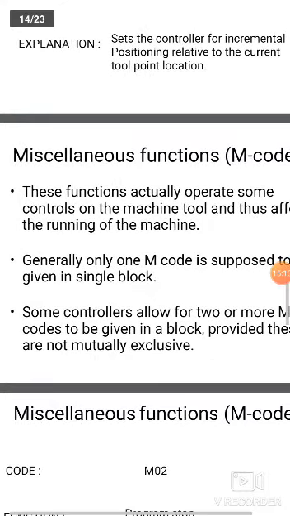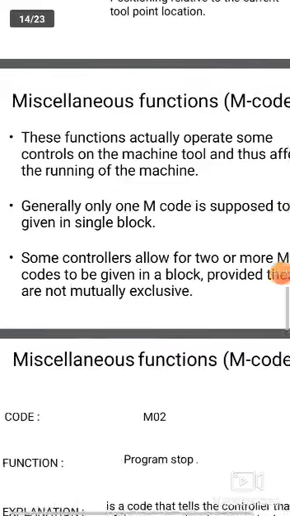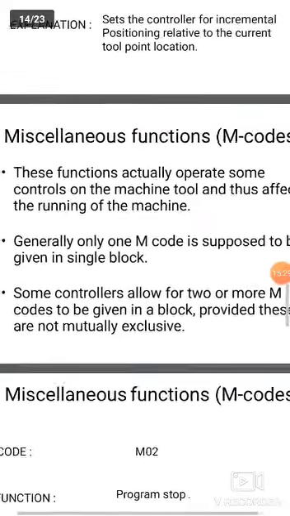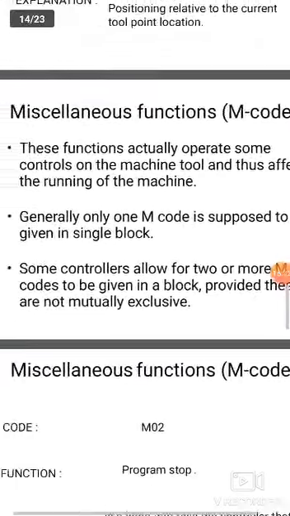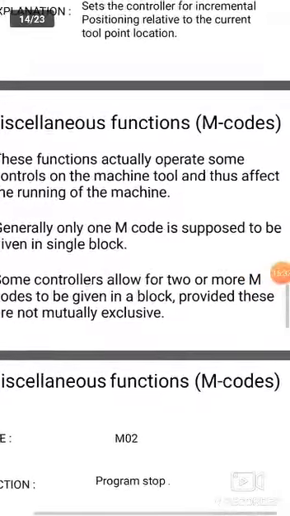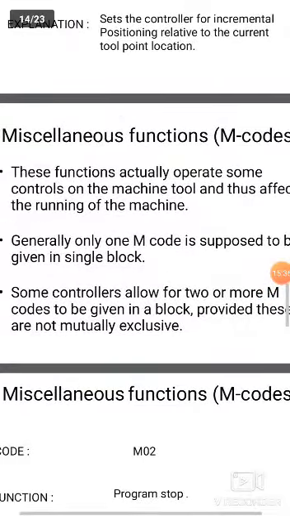Next, miscellaneous function. What are these miscellaneous functions? The word is used to specify certain miscellaneous or auxiliary functions which may be available on the machine tool. So generally, an M code is supposed to be given as a single block.